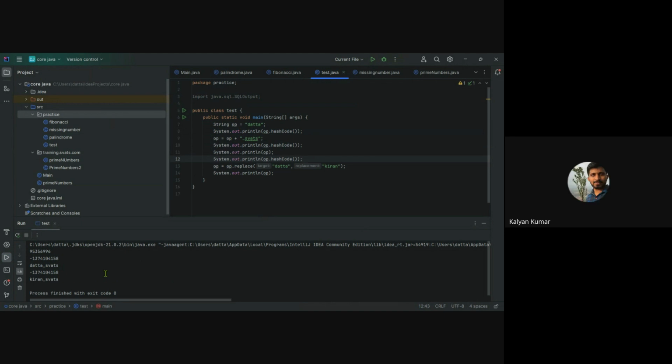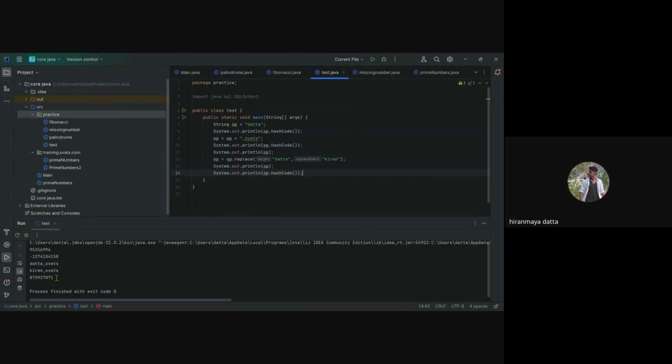It should not be, right? I think we have to give this after line 11. Line 11 is updated, right? After 13 you have to give it now. That's why. Can you try now? Now it changed. It's also an integral representation. Somehow hashCode will evaluate the address and show you this number.